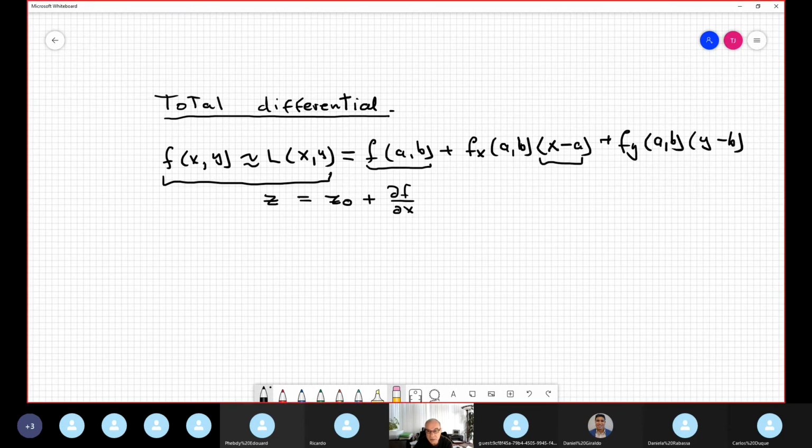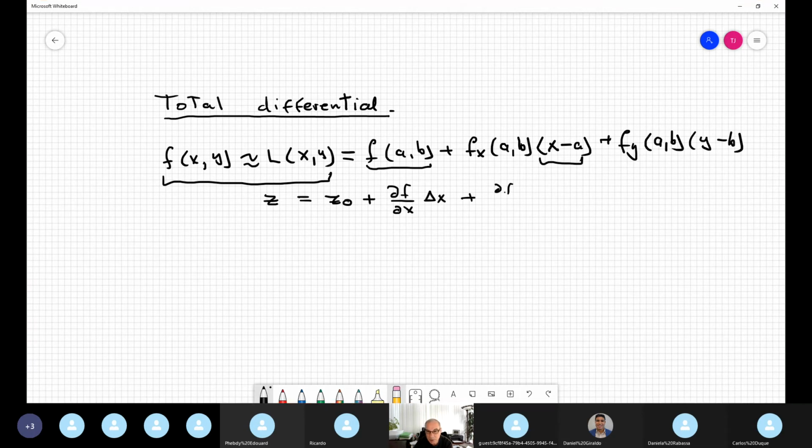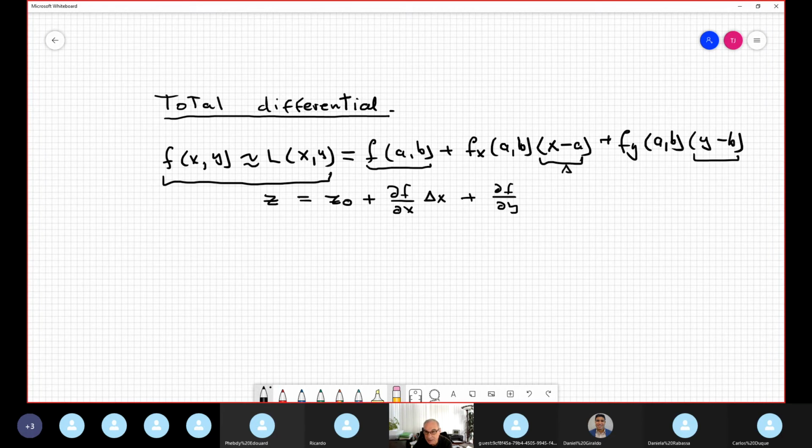And this, I suppose, is delta x. It's the difference between the x. And this is the partial derivative with respect to y. And this is delta y. This is delta x and this is delta y. Okay, if I move this z0, c minus z0, I suppose that is delta z. Okay, so my equation, the total differential, is,